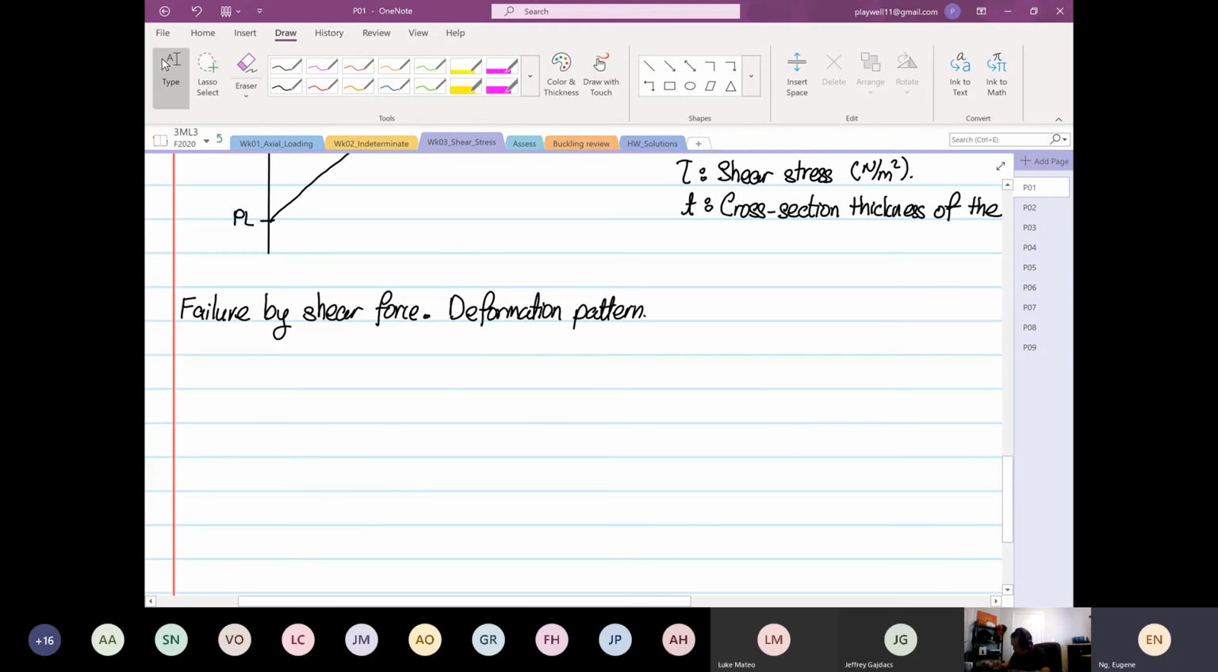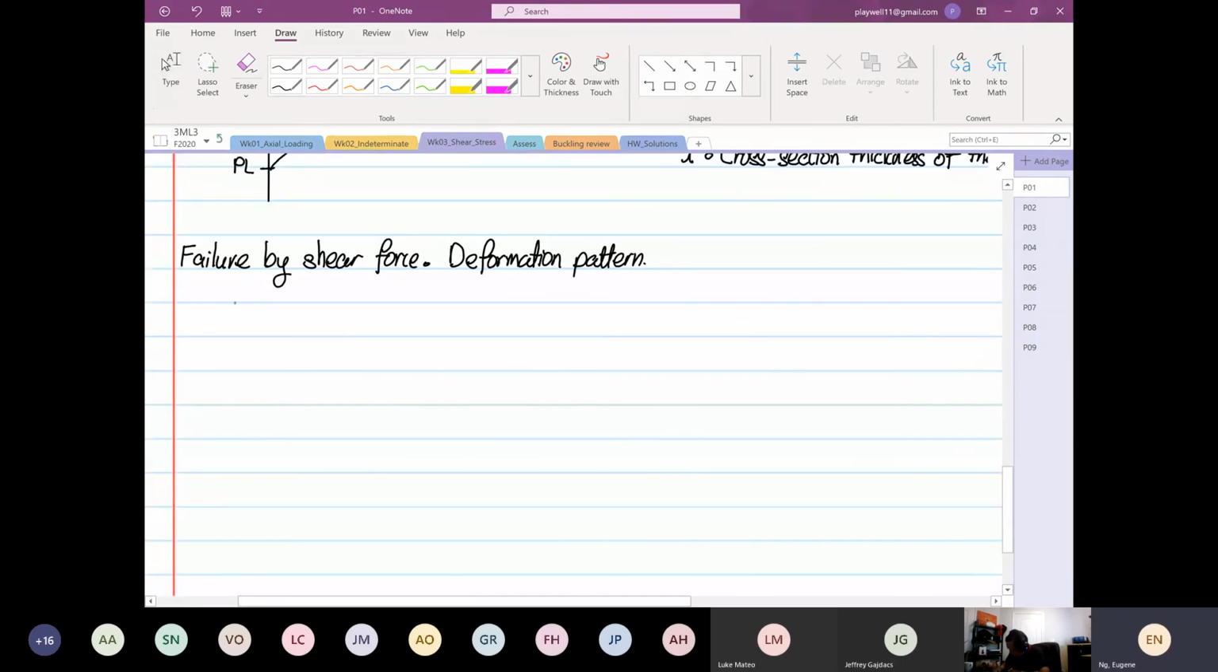So if we were to look at the deformation pattern, we know that this is our cantilever beam, right? So because